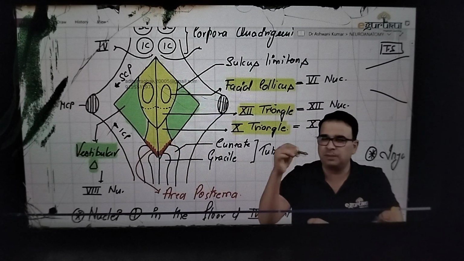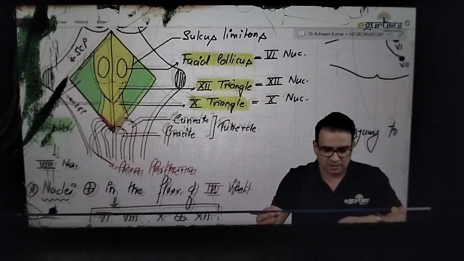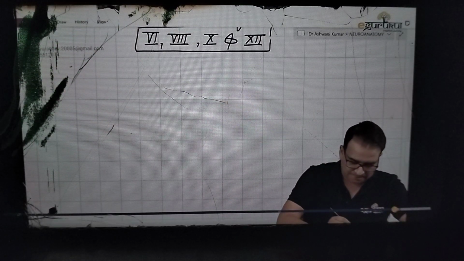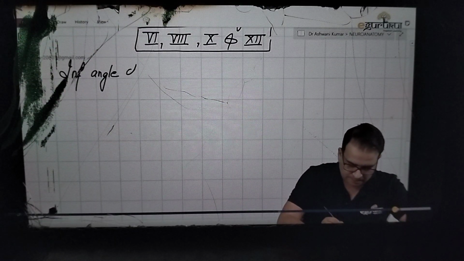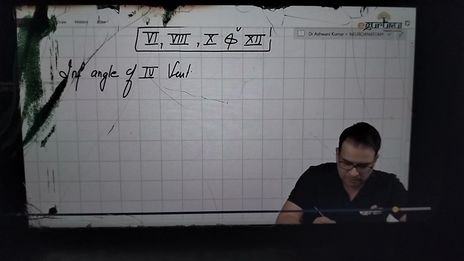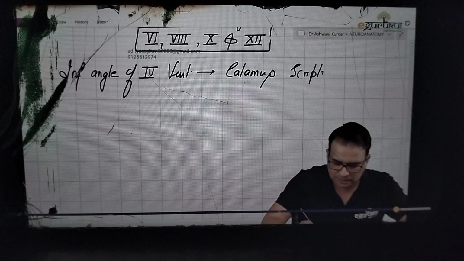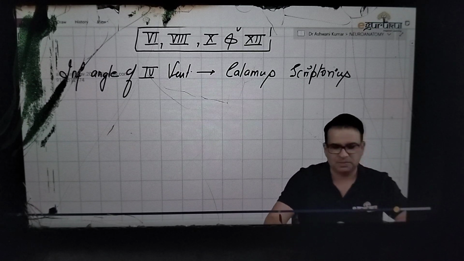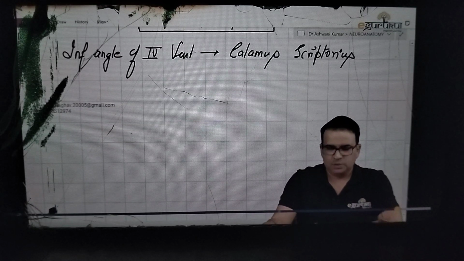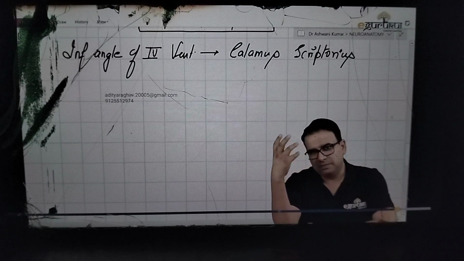Calamus is for the pen, scriptorius, the one which is used to write the script. So the inferior angle of the fourth ventricle is also known as the calamus scriptorius. So this is about the dorsal aspect of the brainstem, where we saw some part of the midbrain